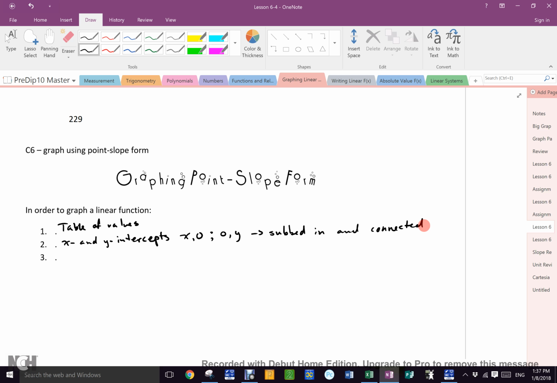And that pattern was, when you had y by itself, and there was a number off by itself, you had the y-intercept. And that leads us to the third one, which was slope-intercept, which is y equals mx plus b, but it's also y equals y2 minus y1 over x2 minus x1 times x plus b. And once we did a bunch of work with that, and we were all very happy,